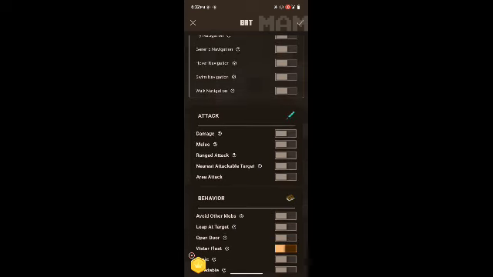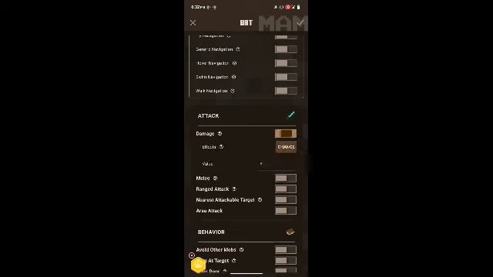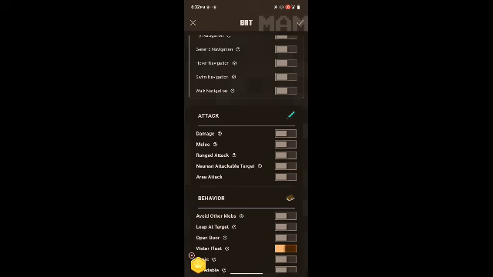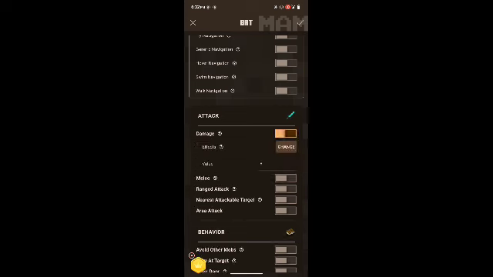So if you want to create a mob that can attack you or attack other mobs, damage can be turned on or turned off.